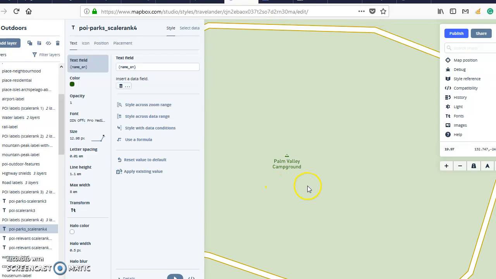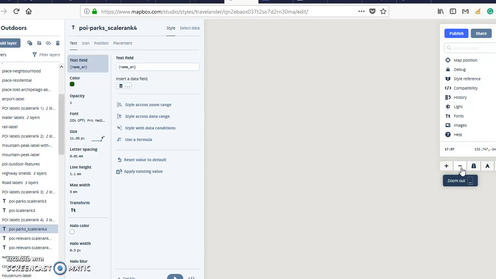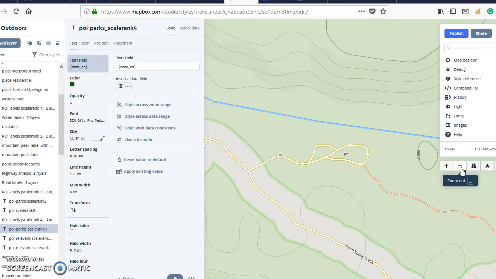I want this Palm Valley, to make it simple, I want this Palm Valley campground to be visible at, let's say, 16, level 16, somewhere there. If that's achievable, there are a lot of tweaks that I would like to make to other elements, but let's just start with one. Now to find this Palm Valley Campground, the map position,